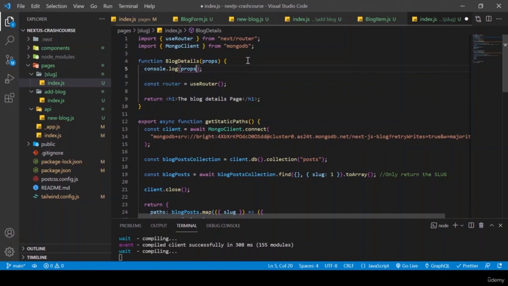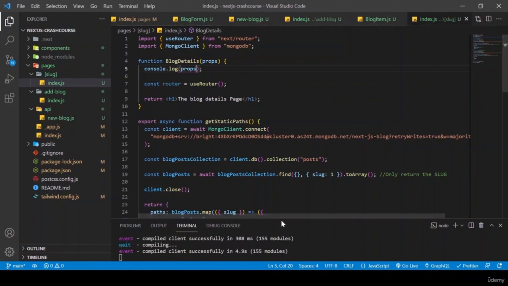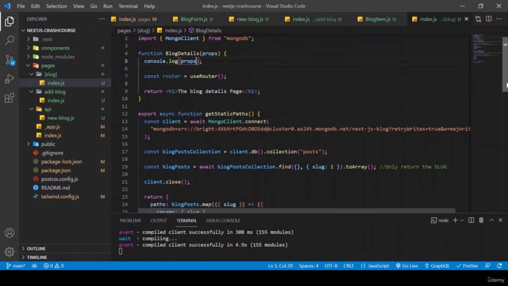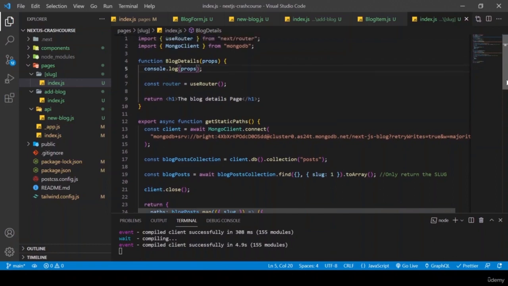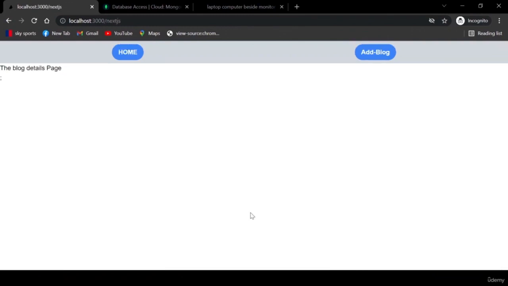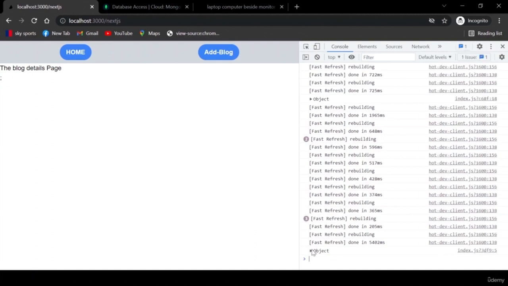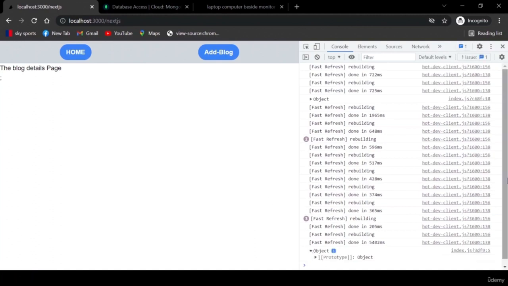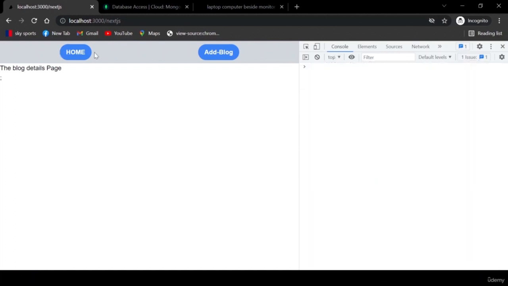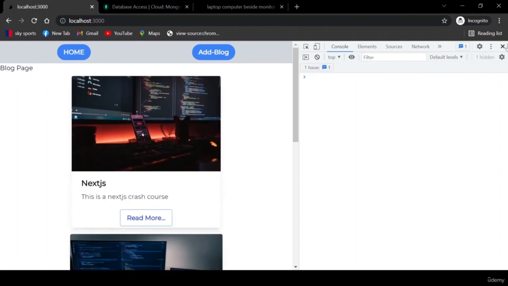So we can go over and log it to what? To the console.log props. So now we are going to save, and if our setup is correct and you have no typo, now it saves. So I'll just clear, and if we go back to our front end and we go to the read more page of Nextjs and we open our console, we see object. First off, we see an empty object,